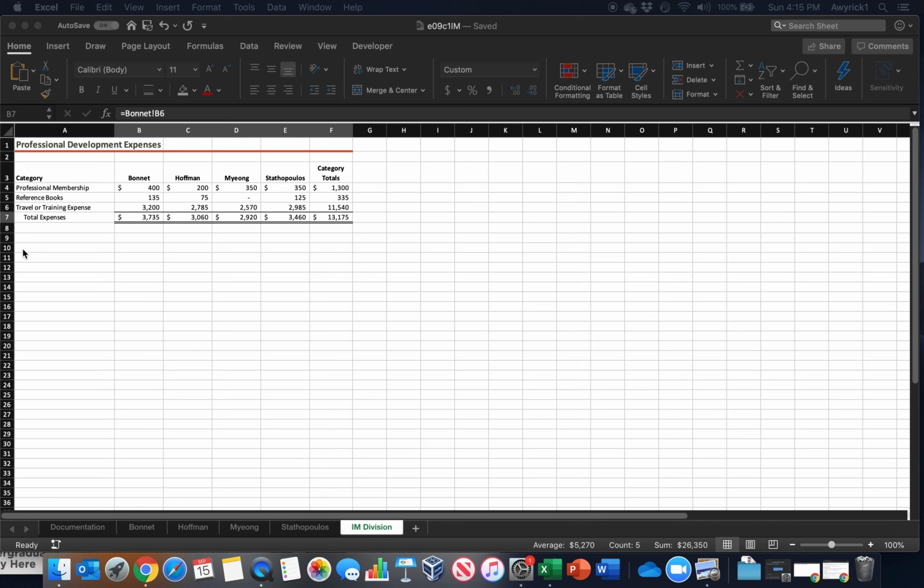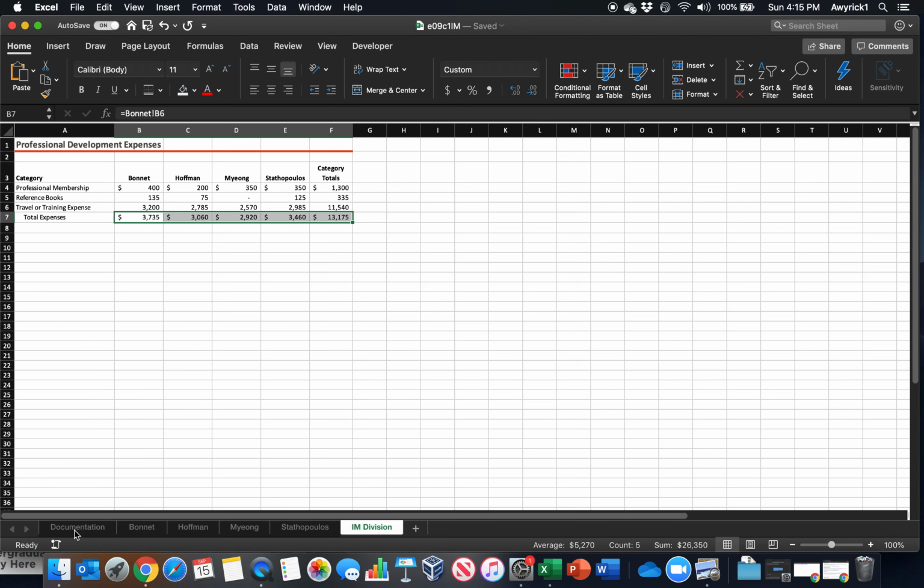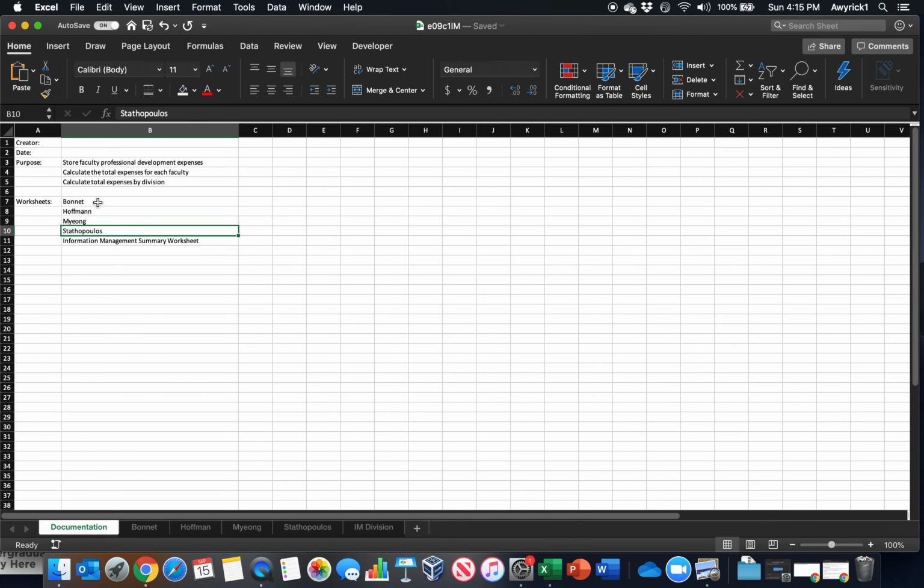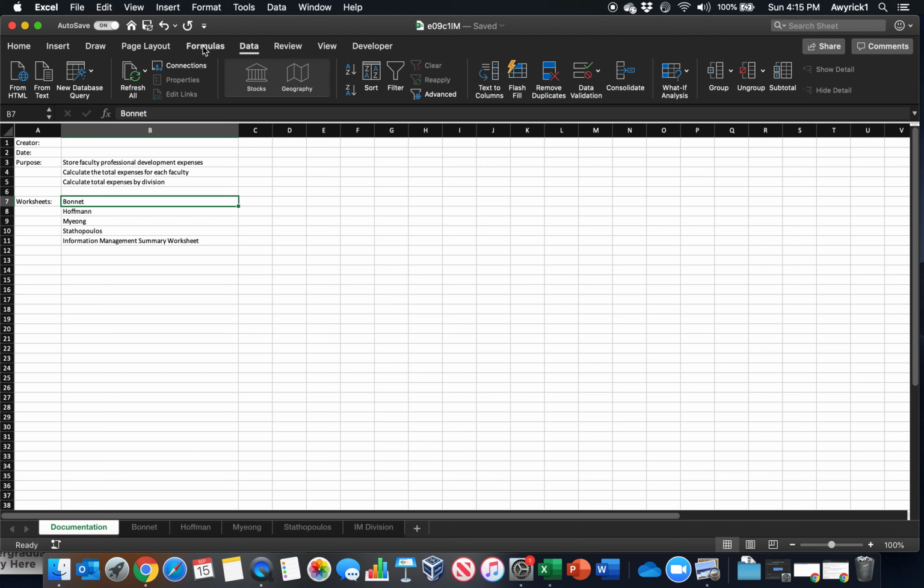frustrated. Our next one says we have a documentation sheet at the front of this workbook. So we want this documentation sheet to work like a title page. We want it to be able to reference the other worksheets just by clicking on them here in this table of contents or documentation page. So we're going to link this bonnet worksheet, actually link it to the bonnet worksheet, Hoffman, so on and so forth. So in cell B7, we're going to create a link, and to create that link, we're going to go